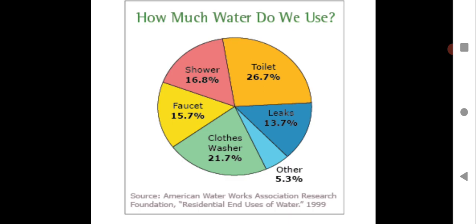So just roughly you will take the idea from this image, and you can do the coloring also. You can use pencil colors to color the pie chart, and please show this depiction of how much water we use. If you have 6 to 7 observations, they can be easily and beautifully depicted with the help of a pie chart. Please draw this pie chart so that you will have some clear idea about it. This is another way of depicting data or information, but you should have a lesser amount of information, not too many.